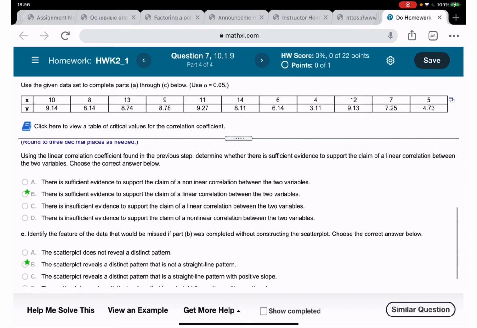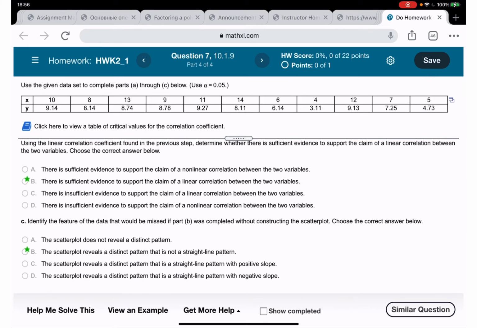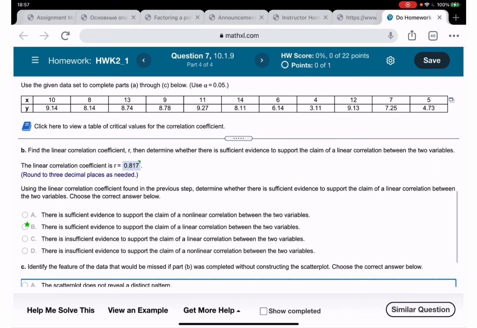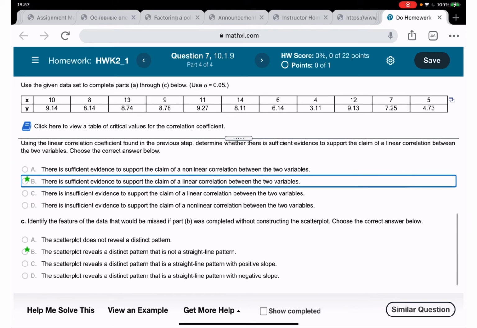And the last question: identify the feature of the data that would be missed if part B was completed without constructing. Okay, part B is which one? Without constructing the scatter plot. Choose the correct answer below. The scatter plot does not reveal this distinct pattern. The scatter plot reveals a distinct pattern that is not a straight line pattern. That is true,